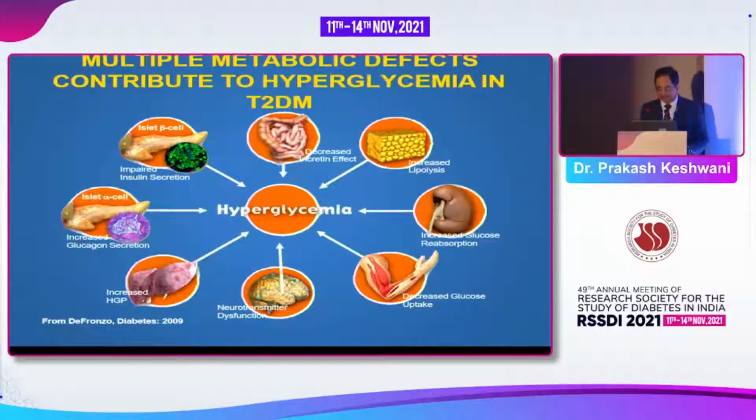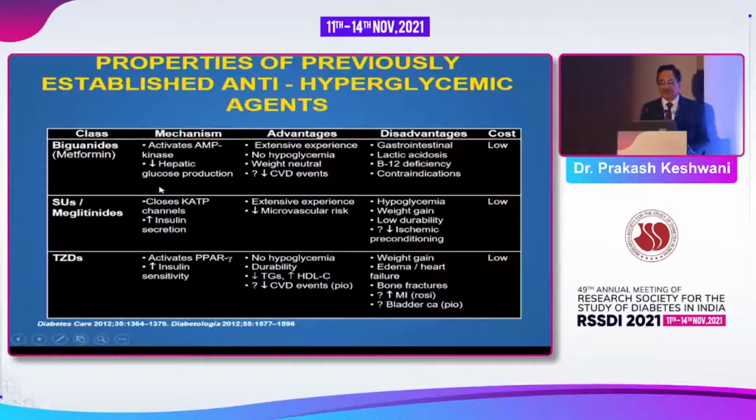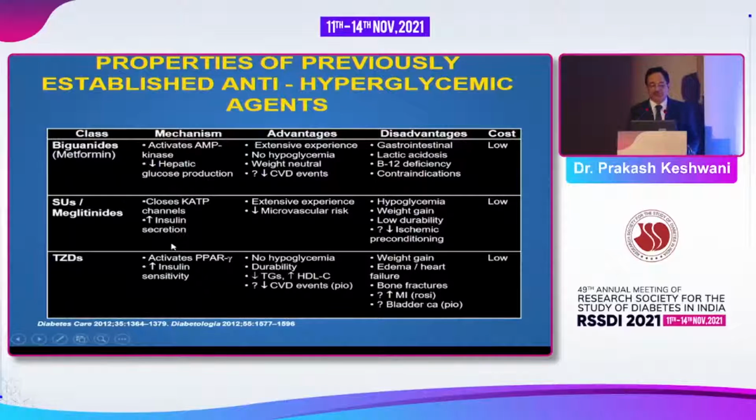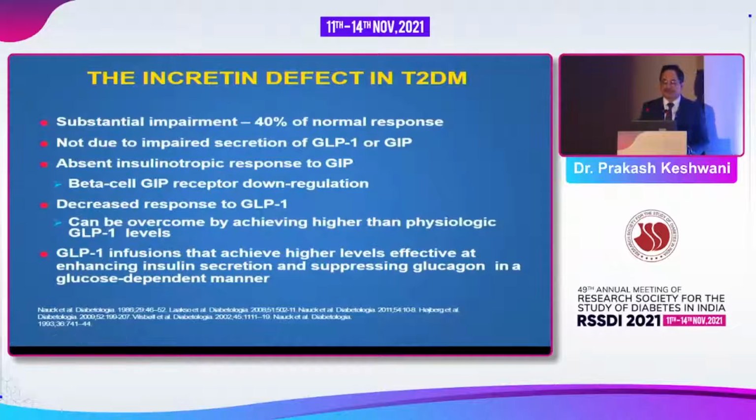We all know that diabetes results from various pathogenic mechanisms, right from the decrease of insulin secretion to insulin resistance to the incretin defect. Till recently, we have been using three main classes of drugs: biguanides, which decrease hepatic glucose production, the sulfonylurea group, which increases insulin secretion, and thiazolidinediones, which increase insulin sensitivity. Later on, the concept of the incretin defect was identified,